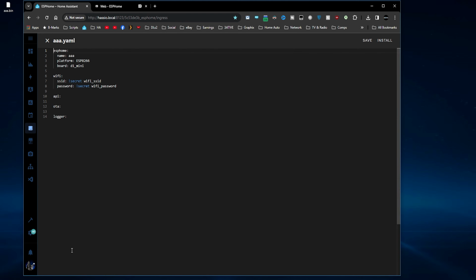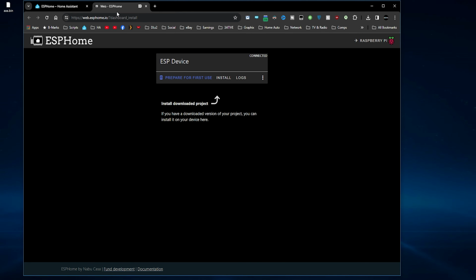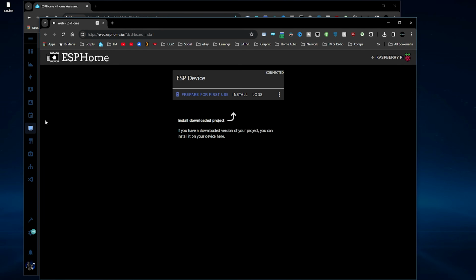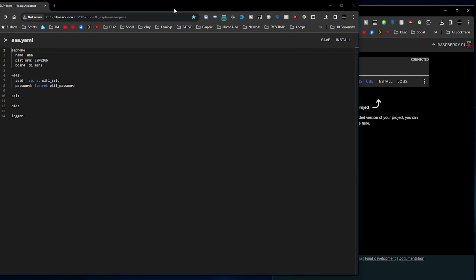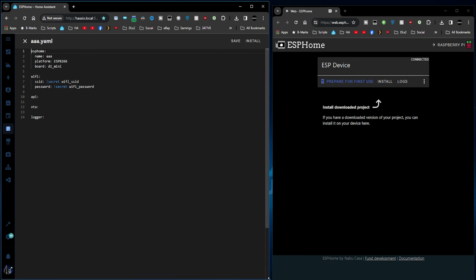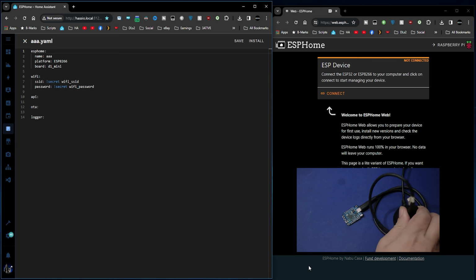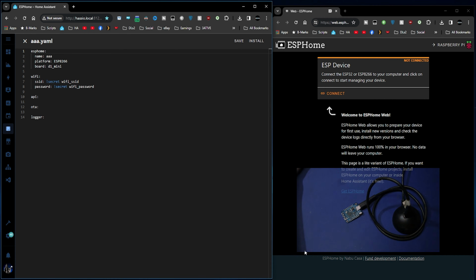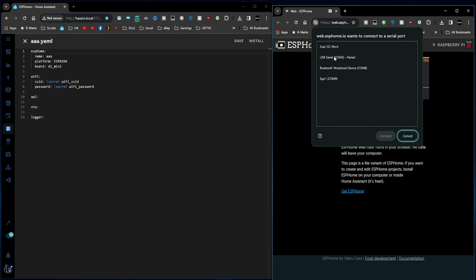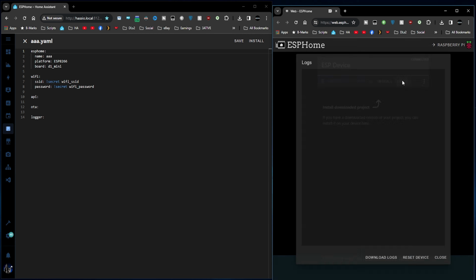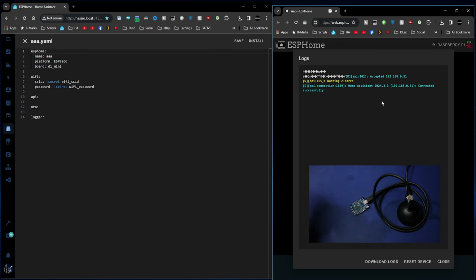We can do an edit here, and with this other tab open, what we can do is we can rip that off, and let's just rearrange these windows here. We'll put that there. I'll move that over there, like so. And I'm going to disconnect, then reconnect the device, and also I'm going to reconnect it here. And this time we're going to go to logs. So now we've got the logs coming from this device via the USB port.